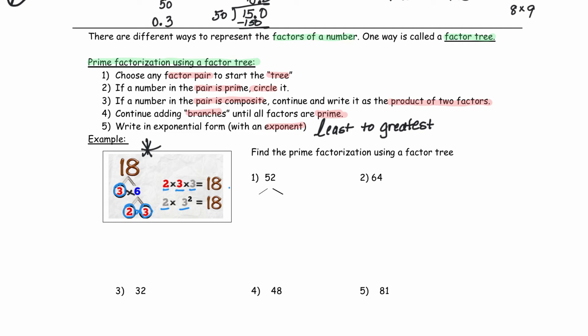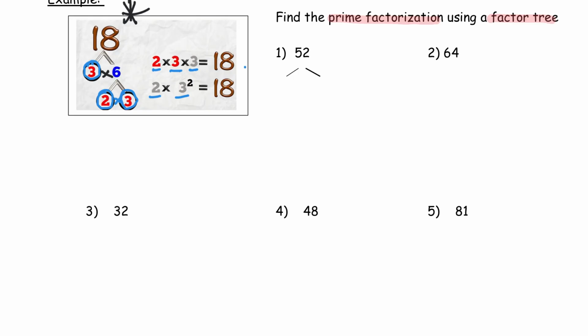Let's look at number 1, which says find the prime factorization using a factor tree, not a T-chart. We did that yesterday. Now let's look at the factor tree. So in this case here for 52, we're going to pick any 2 numbers that multiply out to 52. You definitely don't want to pick 1 and itself. I should say pick any 2 factors besides 1 and itself, because then you're going to be in an endless cycle. So here it's an even number, so I know that 2 can go into that number. So I'm going to pick 2 times